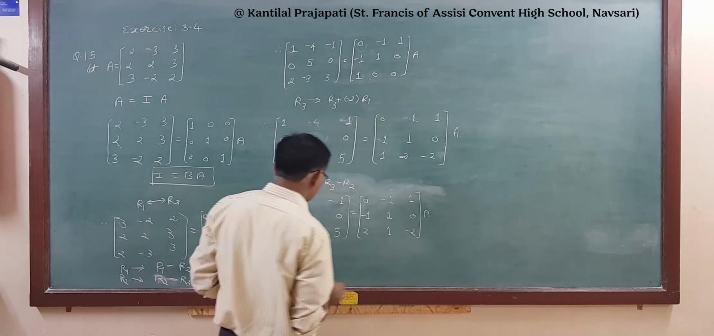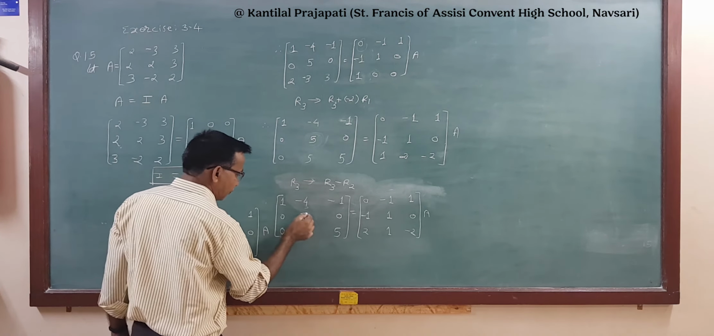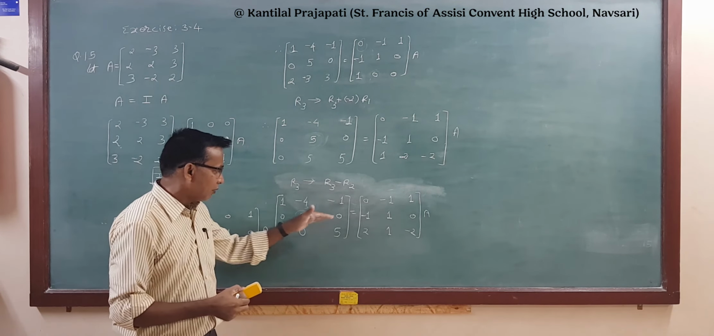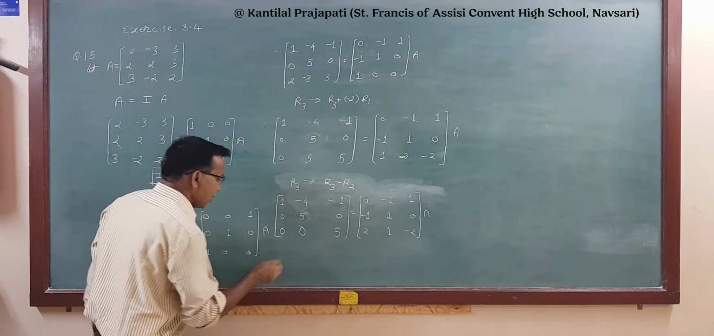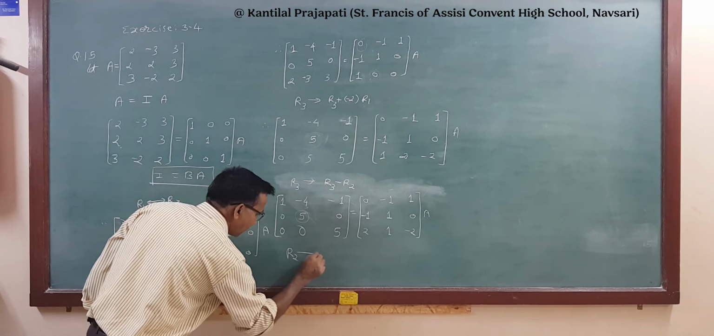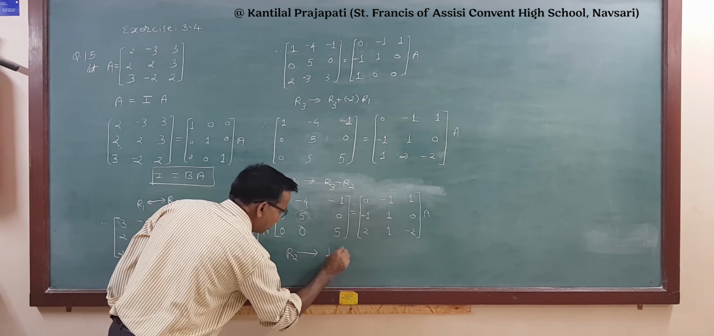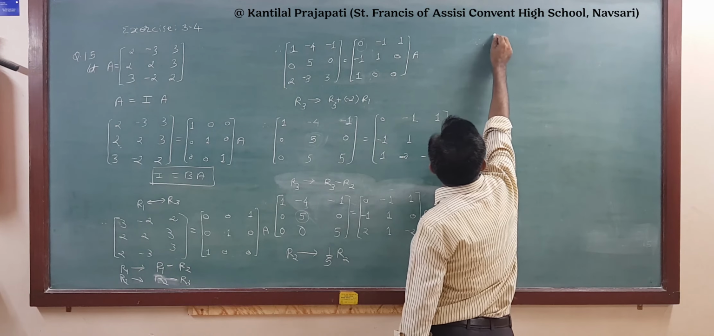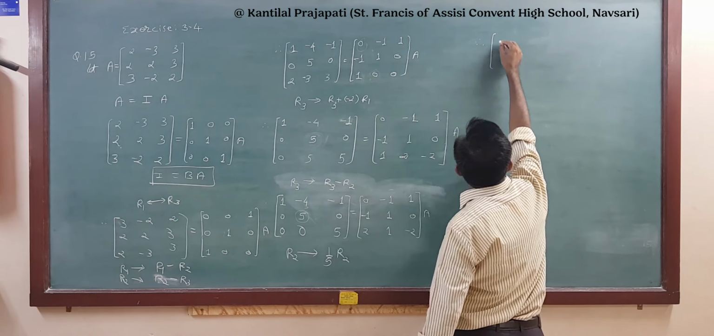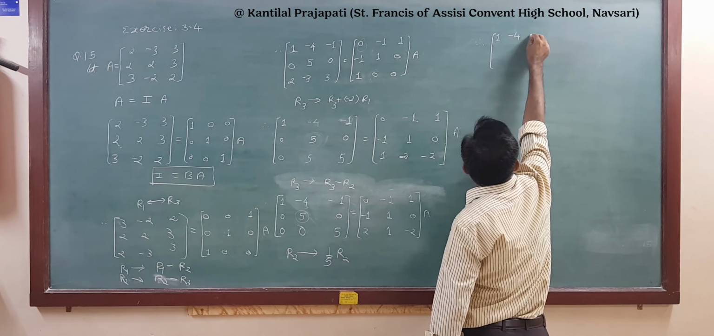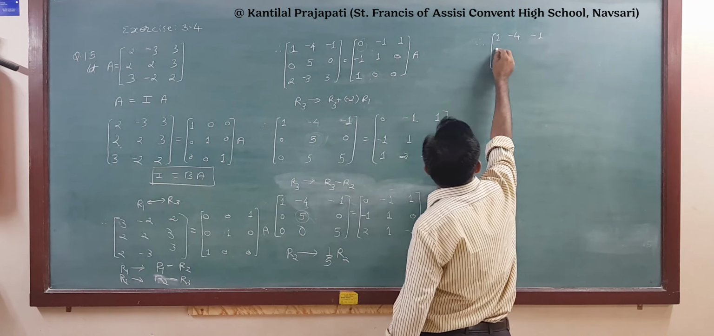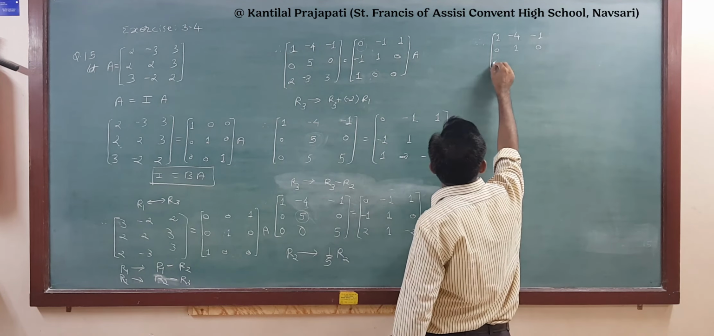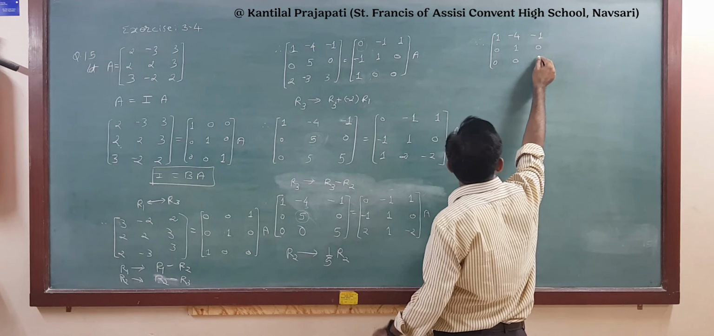Into 2. Now say we require 1 here and these two elements are 0. So we have to multiply the second row by 1 upon 5, or divide by 5. We apply first this notation in R2, 1 upon 5 into R2. And therefore, the first row as it is 1 minus 4 minus 1. Then 0, 1, 0. Then 0, 0, 5 as it is